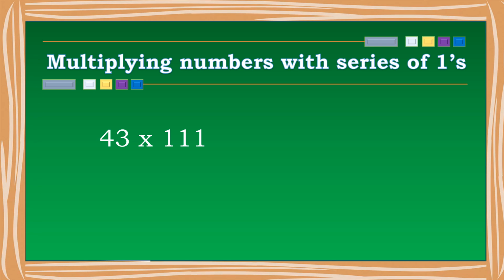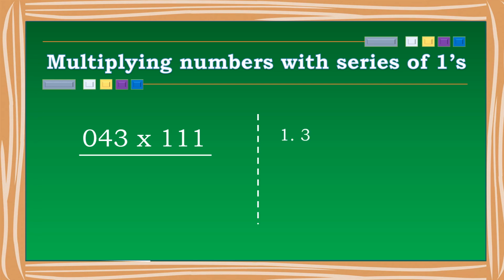Before solving the question, we have to make a little adjustment here, that is 43 should be made up for a 3-digit number by just adding a 0 to it. So now it's ready to solve. First step 3 as it is. The second step 3 plus 4, 7. The third step 3 plus 4 plus 0, again 7. Now next 4 is the leftmost digit, right, as it is. So that's our answer.